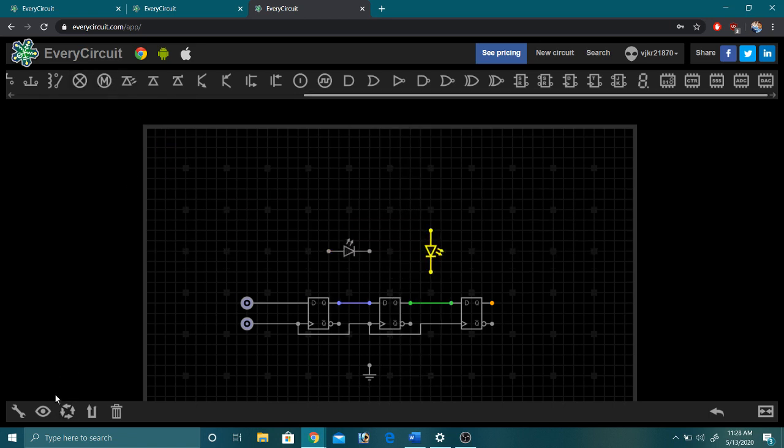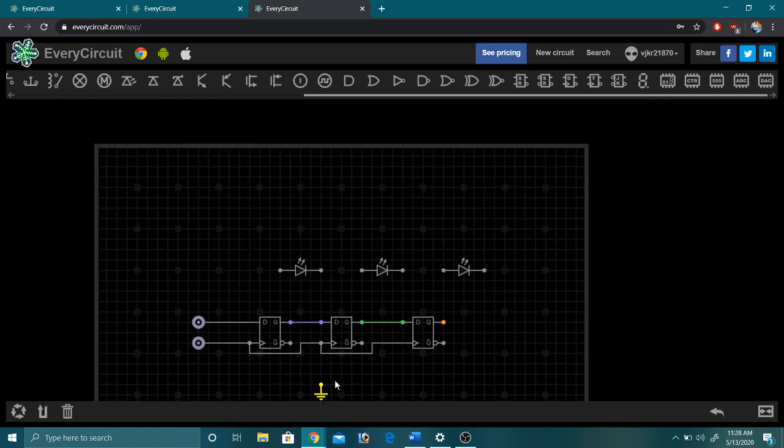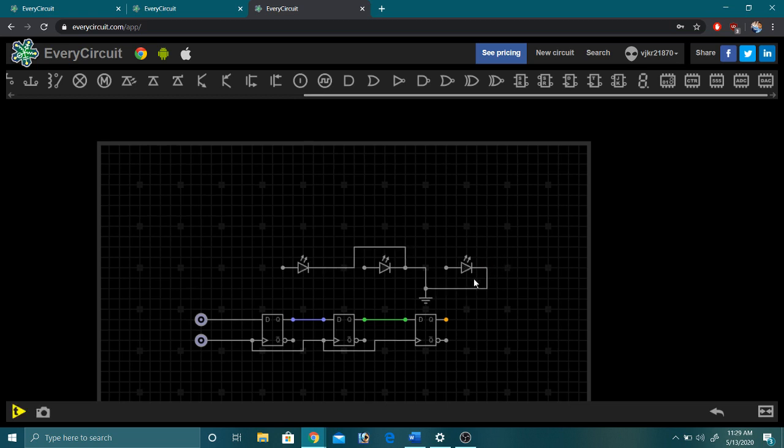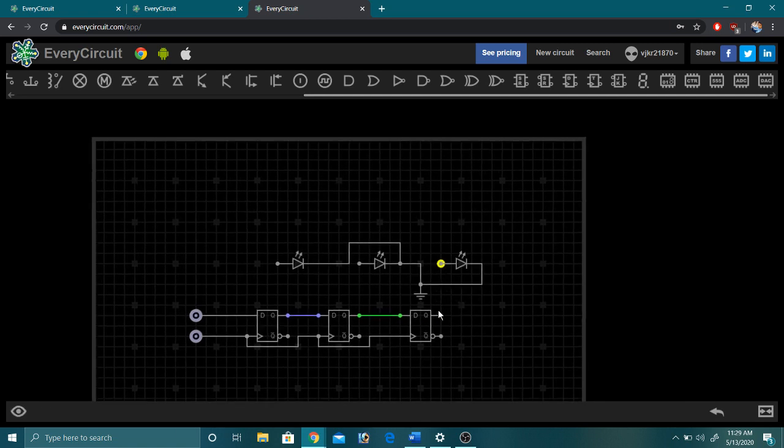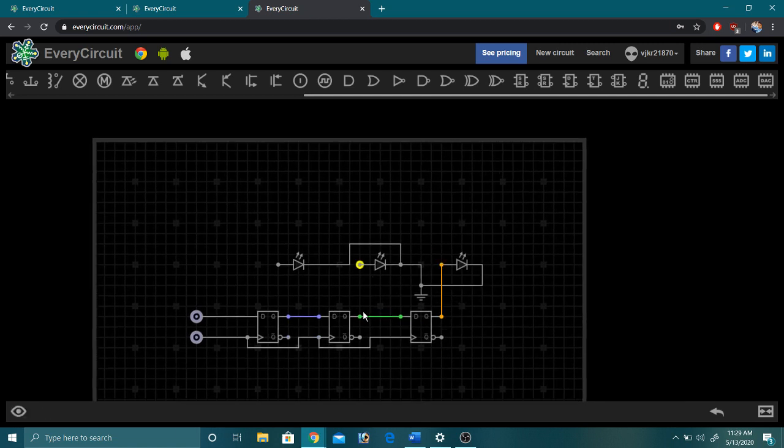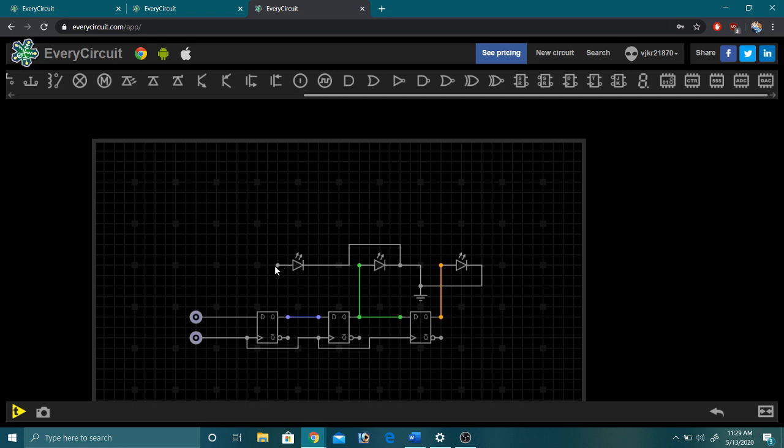We'll use 3 LEDs. For this we'll be requiring ground. I'll use this ground common to all of these. And the positive of the diodes we'll connect to the output of the flip-flops.